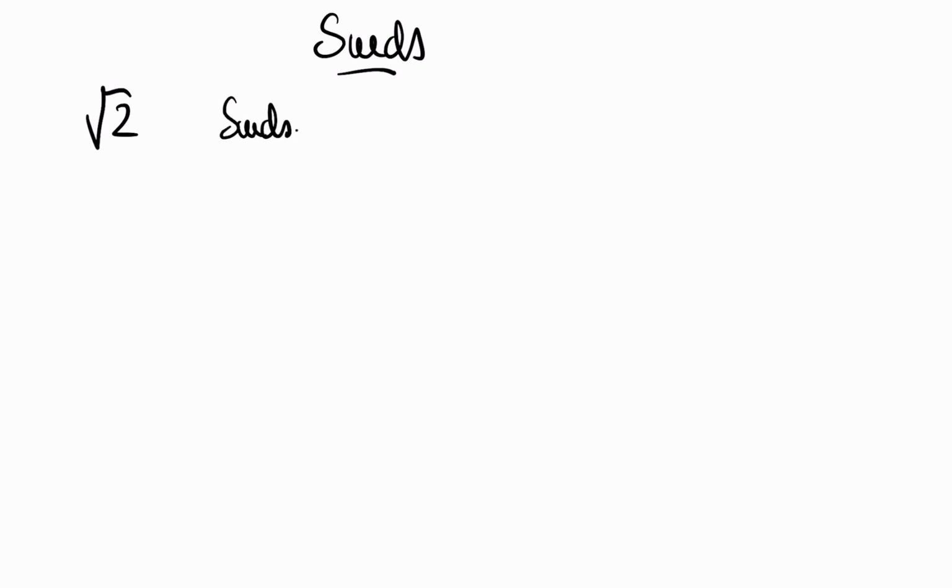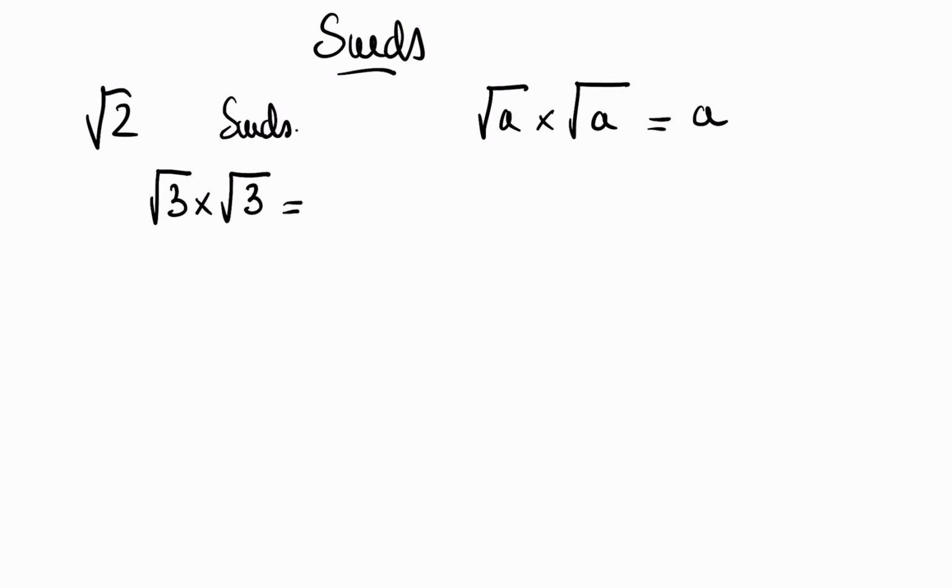Now, what are surds? Well, say for example, if you have root a times root a, that's equal by definition to a. So for example, root 3 times root 3 is equal to 3. Likewise, if we have